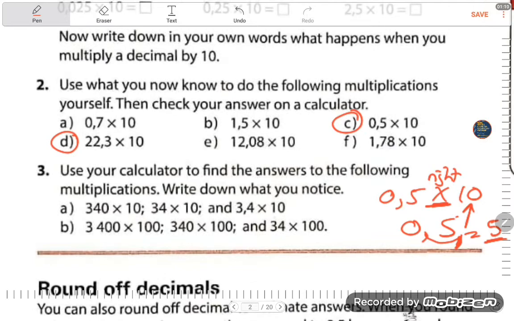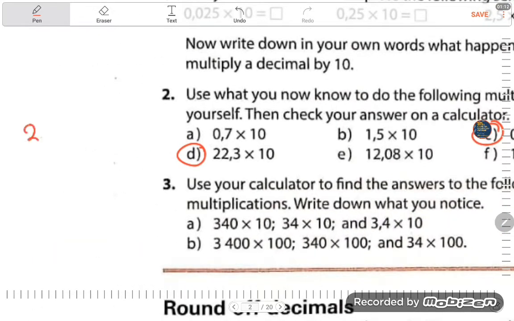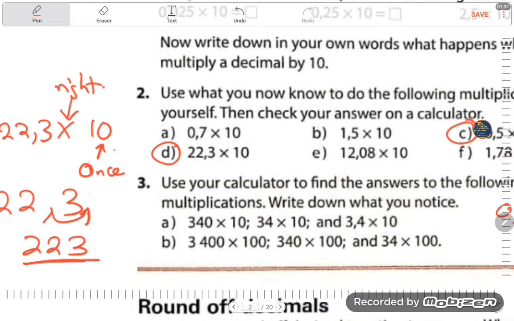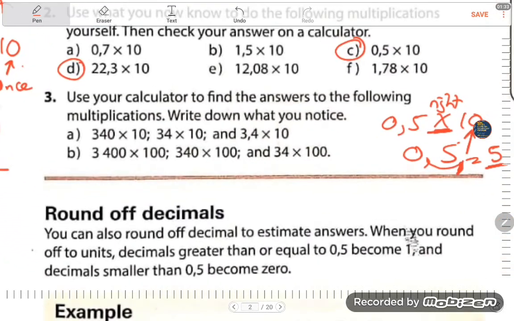Similarly, if I have 22.3 times 10, this tells me that I'm moving my comma only once, and this tells me I'm moving it to the right. Okay, so I've got 22.3, and I'm moving my comma to the right, so it comes here. So my answer is going to be 223. All right, you guys. So similarly, again,